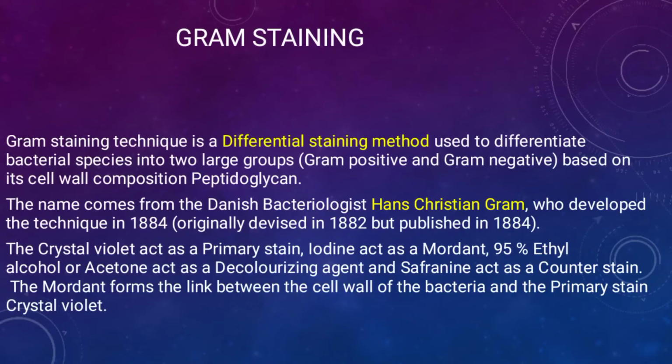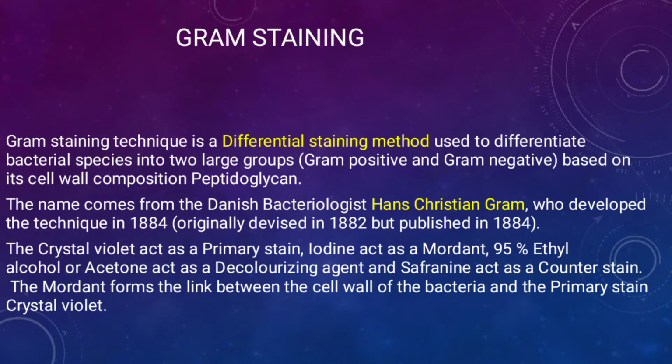Gram staining. Gram staining technique is a differential staining technique used to differentiate bacterial species into two large groups. First one gram positive and second gram negative based on its cell wall composition, peptidoglycan. The name comes from the Danish bacteriologist Hans Christian Gram who developed the technique in 1884, originally devised in 1882